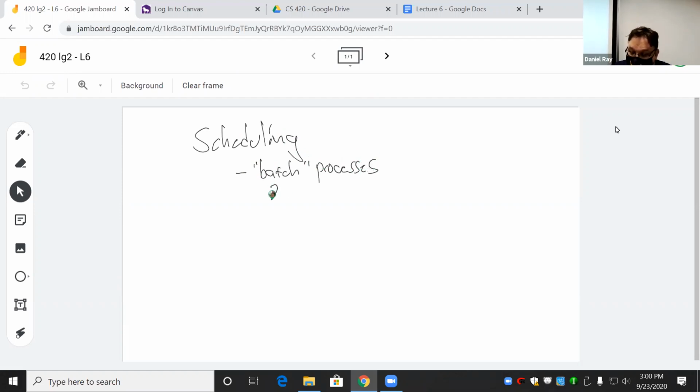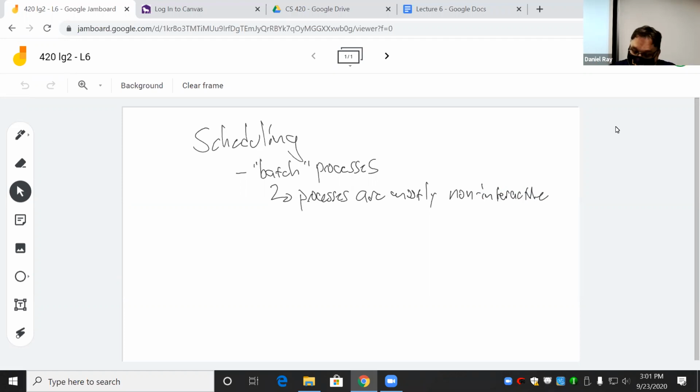And you'll recall that batch processes are processes that are mostly non-interactive. They don't need any input. They don't receive any input from the user. They don't have to respond to the user. So we run them, we let them go, okay? And then they finish in a certain amount of time. So that's kind of an oversimplification of what we usually expect out of computers and what we usually expect out